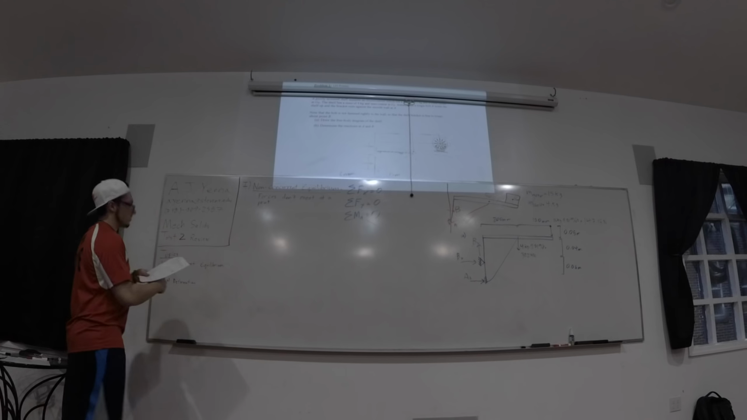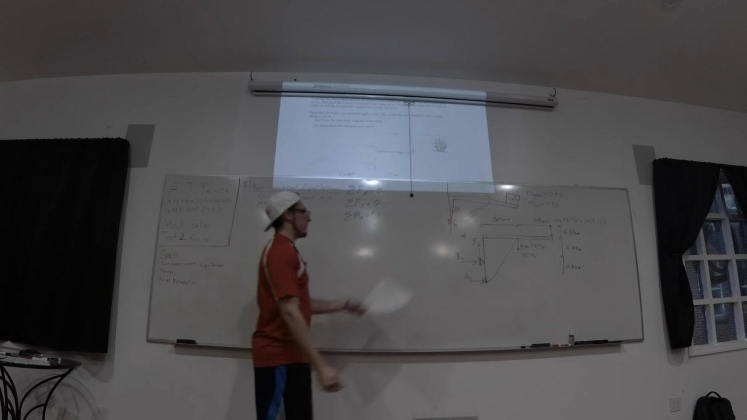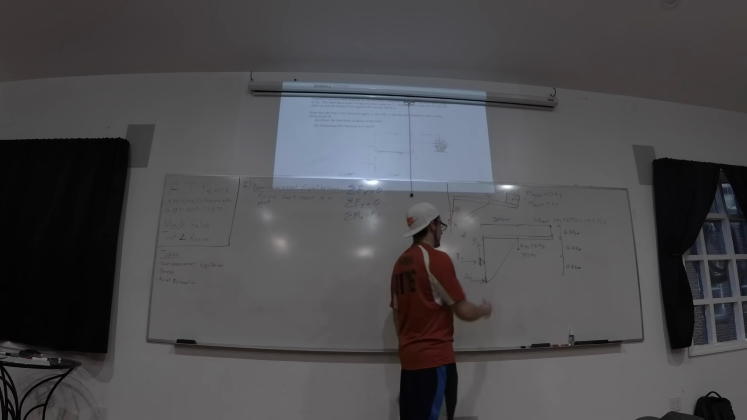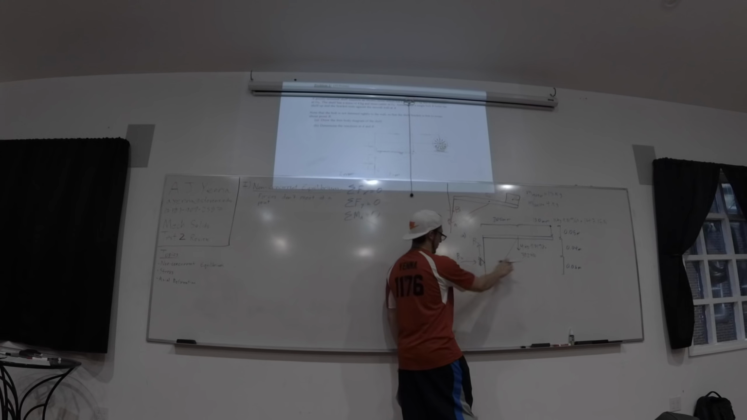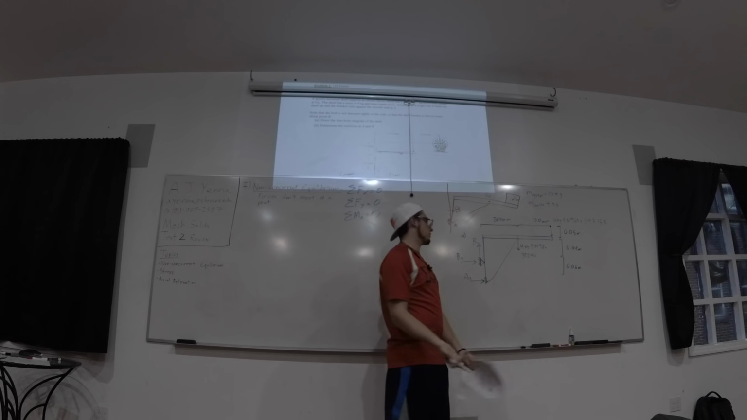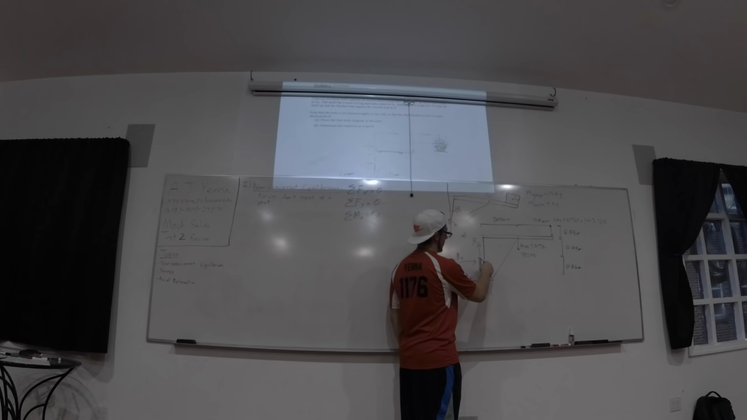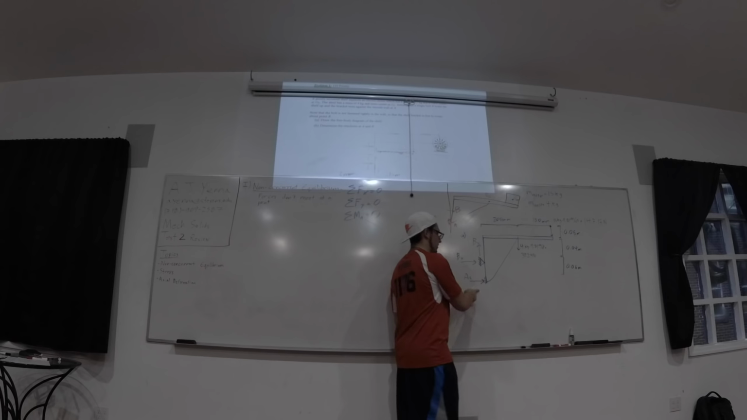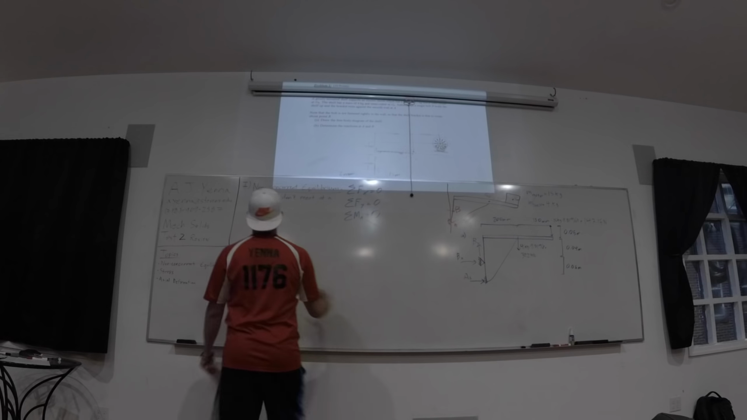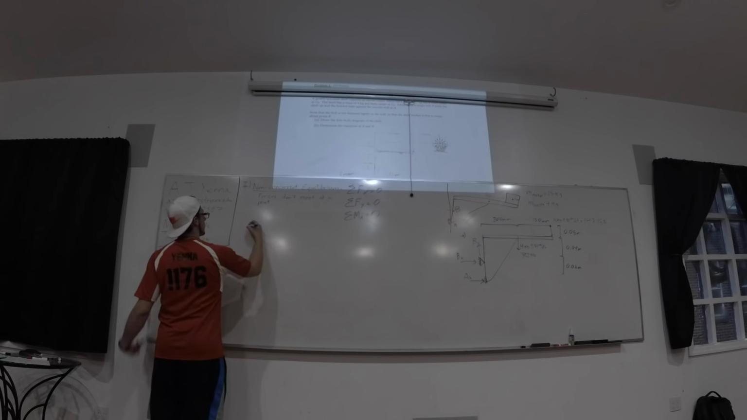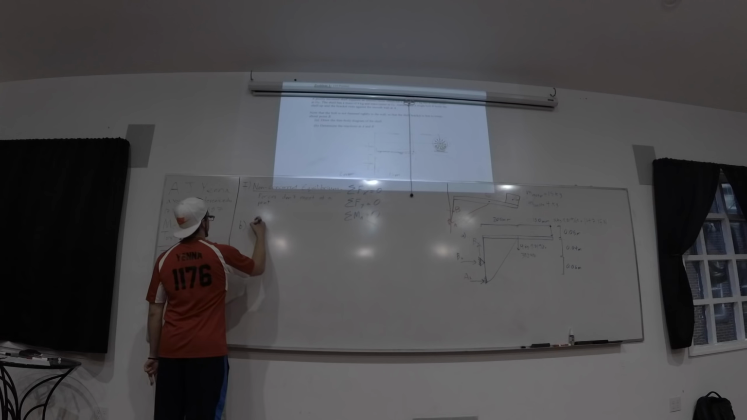Okay. So the first thing I did was I took the moment about B, because if you take the moment about any point, the forces that go through that point go away in that step. So if you take the moment about B, By goes away, Bx goes away, and you only get to solve for Ax, which makes that first step easier. So part B, the first equation,